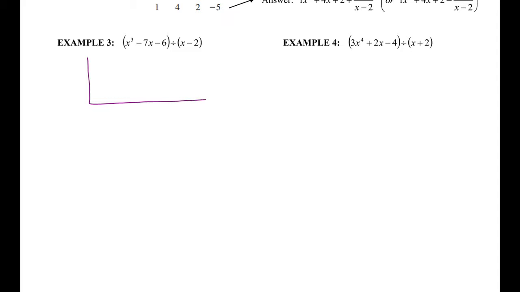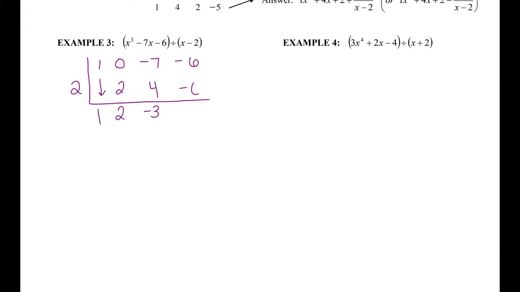Alright, if I set x minus 2 equal to 0 and solve, we get a positive 2 on the outside. So I'm going to list my coefficients up top, making sure that I use a 0 in place of the x squared that's missing. And I'm going to bring down the first term. 2 times 1 gives me 2, so I put it in the next column, bring that down, then I'm going to multiply and add,